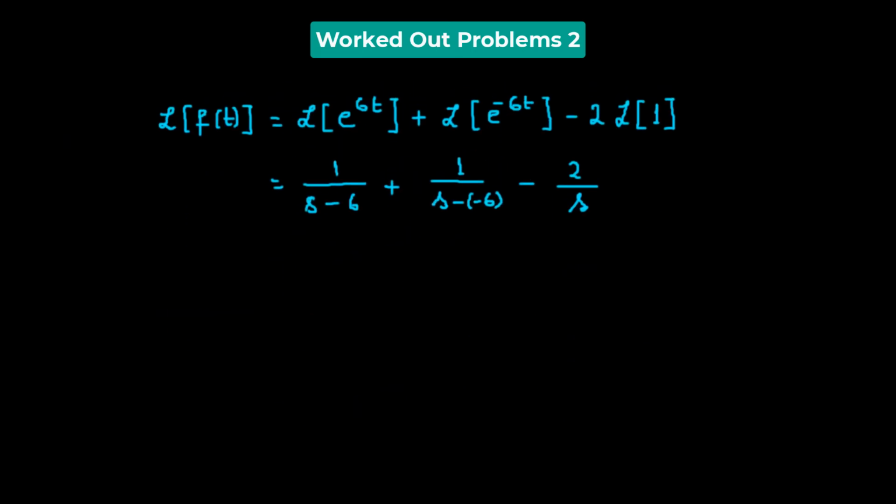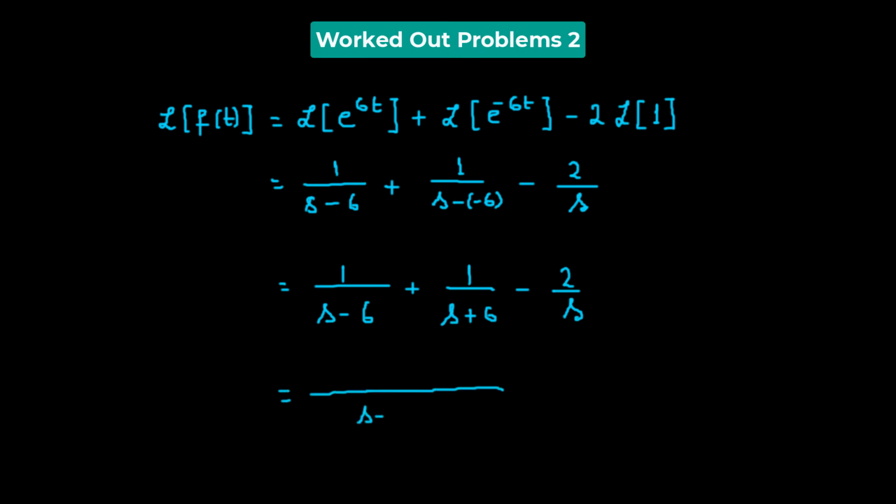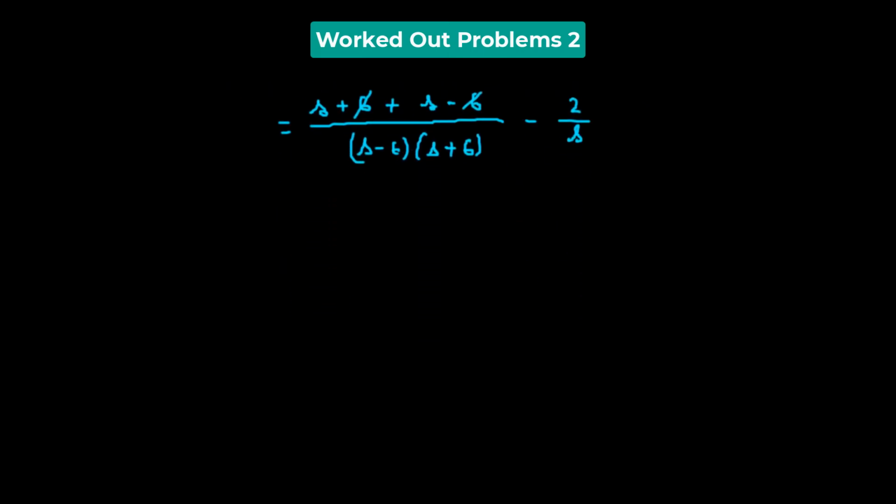So that gives us 1 over s minus 6 plus 1 over s plus 6 minus 2 over s. So we can combine the first 2 terms, so that will be s minus 6 multiplied by s plus 6 in the denominator, and in the numerator we have s plus 6 plus s minus 6, minus 2 over s. So the 6 and negative 6 get cancelled, leaving us with